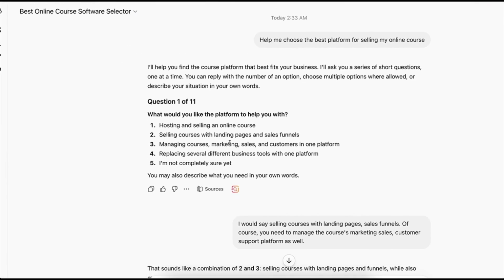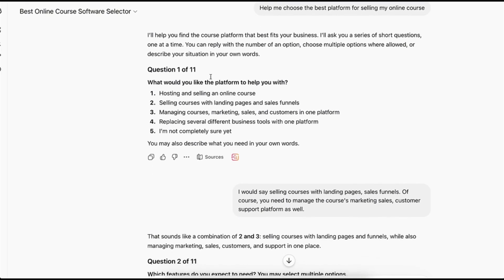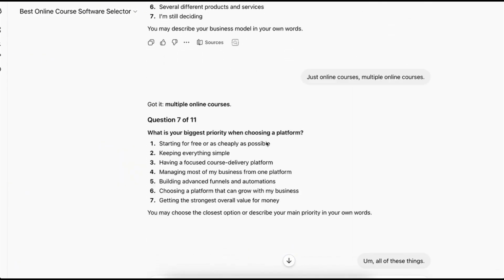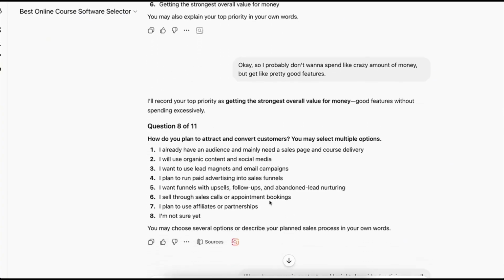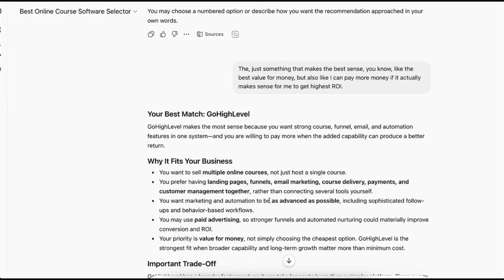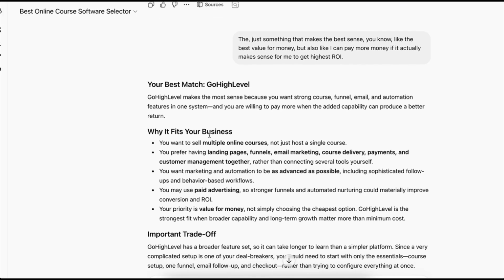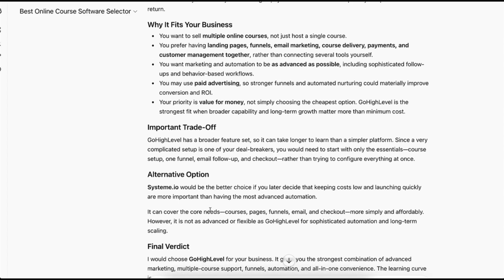And with these, you're going to get an even better understanding of what specific software you need, because you wouldn't even think about these different things. And once you answer all of these questions, it's going to give you the best software for your specific needs and maybe even some alternatives.